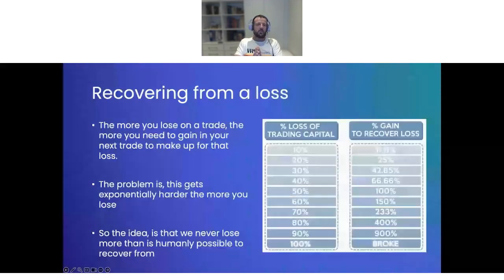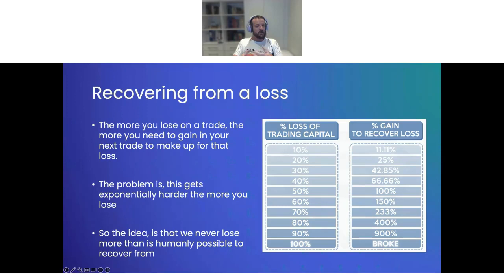So let's look at when you recover from a loss. What this means is when you make trades on your portfolio and you have a drawdown, so your trades don't go in the direction that you hoped they would. So you see Pepe Coin 2.3 as a great investment. You think that thing's going to 50x. You put all your portfolio into Pepe Coin 2.3, or whatever the coin is that you're really excited about. And what you will learn is that the more you lose on your trades, the harder it becomes to recover from that loss. In fact, the more you lose, the more exponential that recovery gain is basically required.